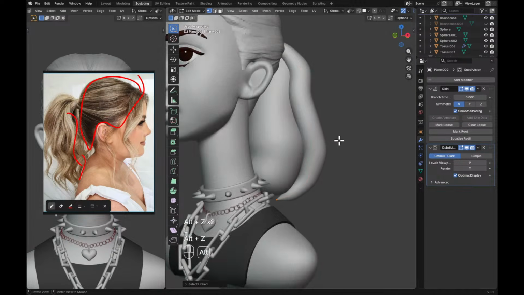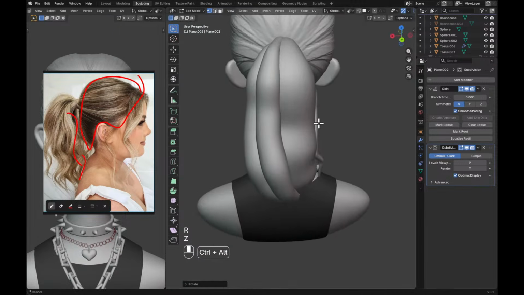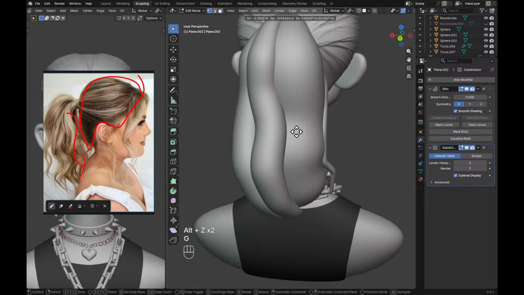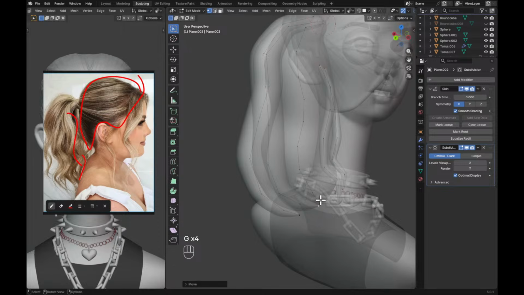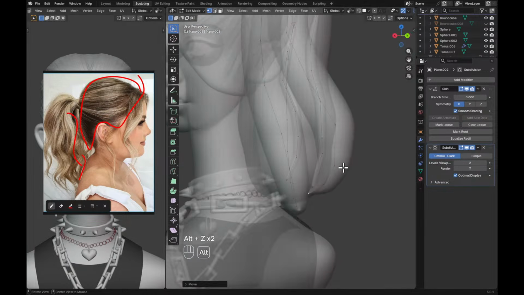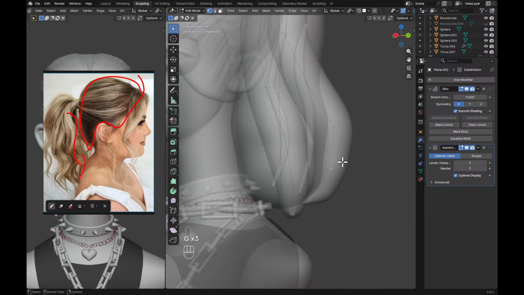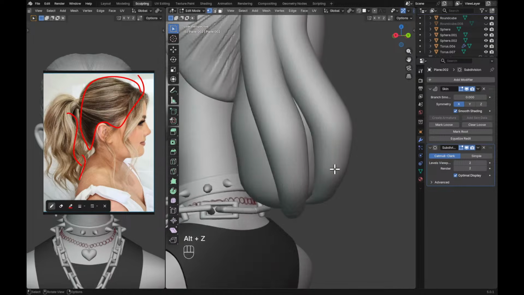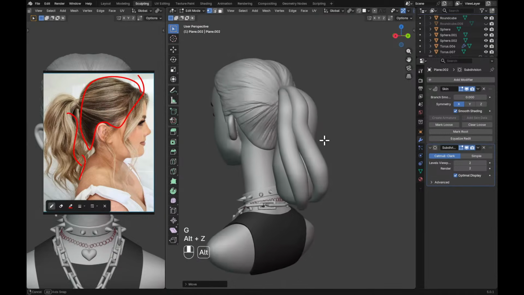I'm going to duplicate this, Shift D, and we can actually keep on doing that, just making the shape of the hair look a lot nicer. So what I'm doing right here is the blockouts. I'm just going in and blocking out the shape of the hair, and until I'm happy with the blockouts, I don't get started with sculpting. So I want to make sure that the blockout looks good before I go in and start sculpting anything like